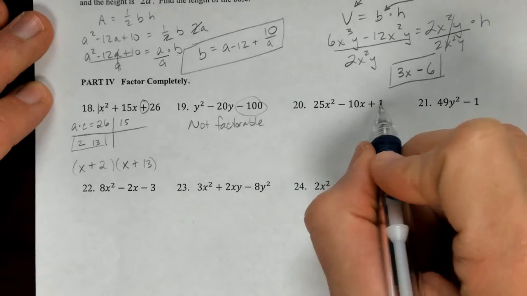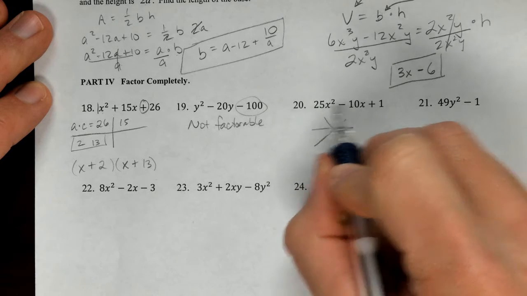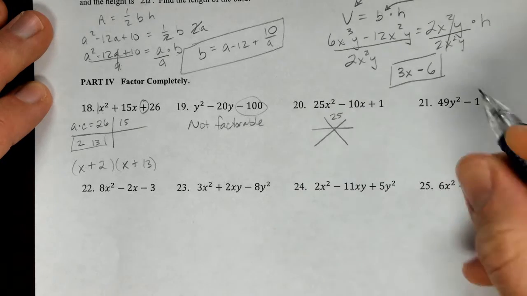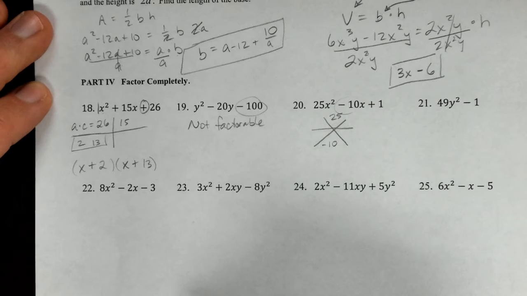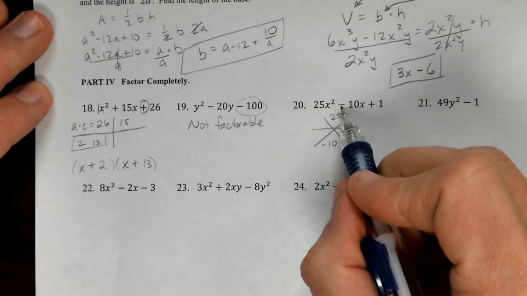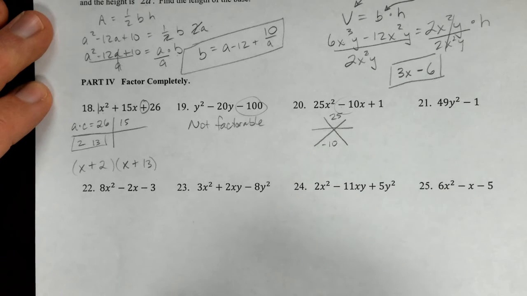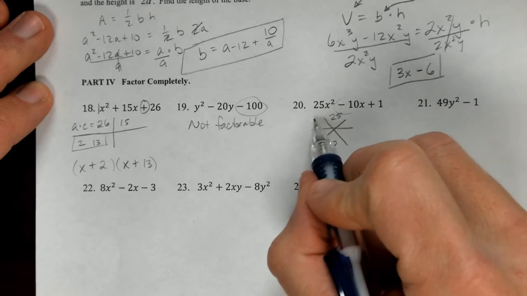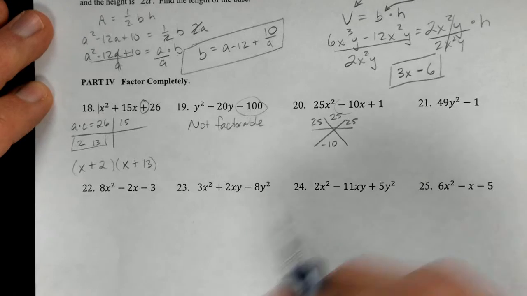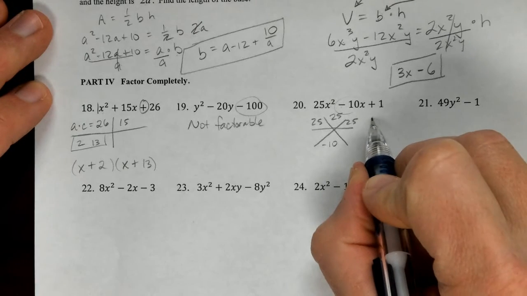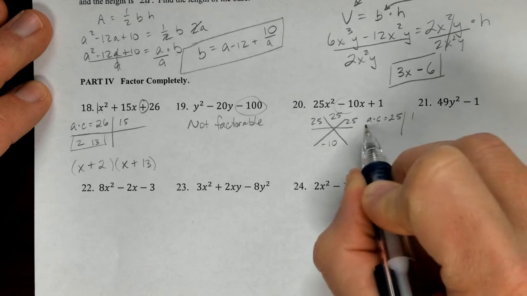Number 20, I can do what we call the asterisk method. So set up your asterisk. We know we're looking for a times c, which in this case is 25. So factors of 25 that add to give me a negative 10. We know both of my factors need to be negative because the only way for me to add to get a negative but multiply to get a positive is a negative times a negative. Alright, I'm going to put an a in the top of both of these, so 25 and 25. And now I'm looking for factors of 25, a times c, that add to give me